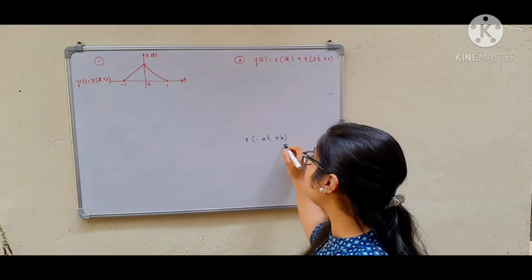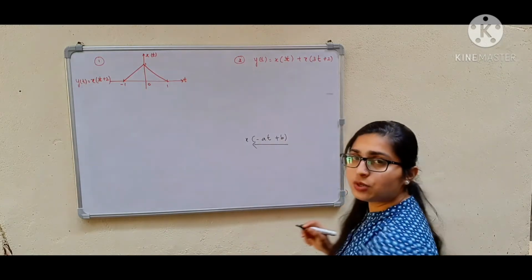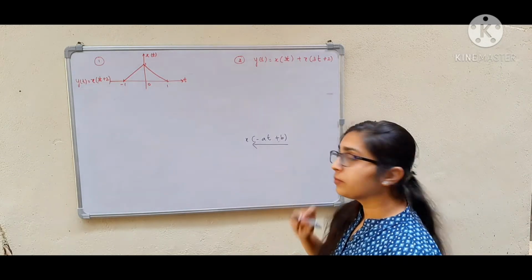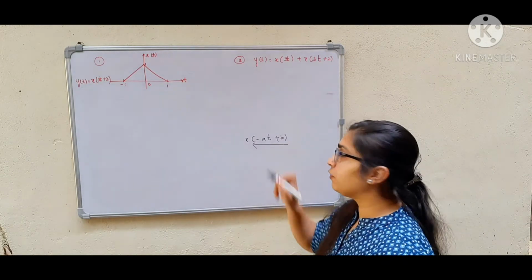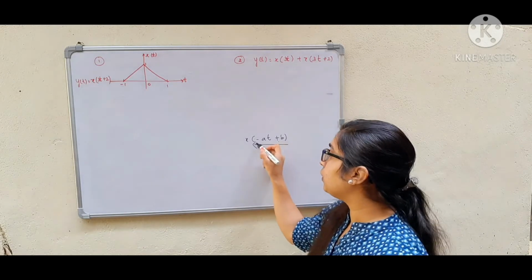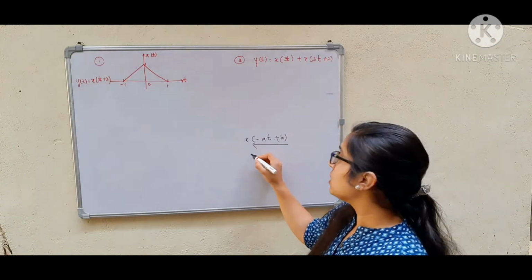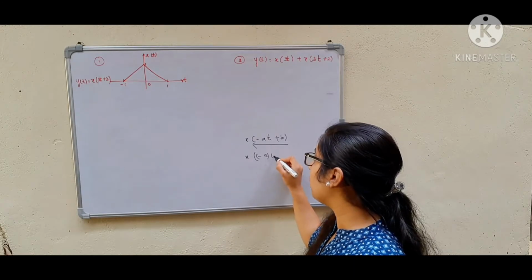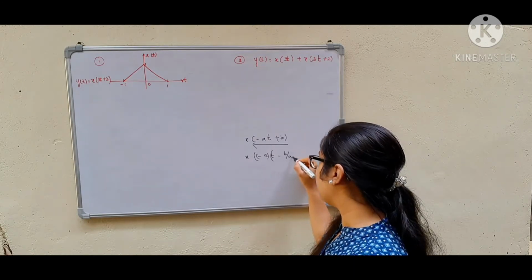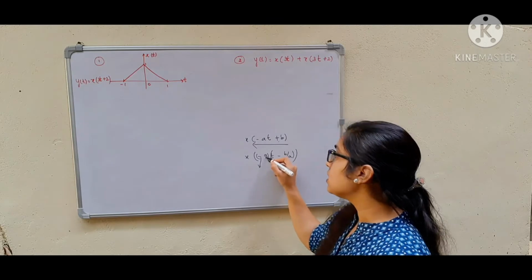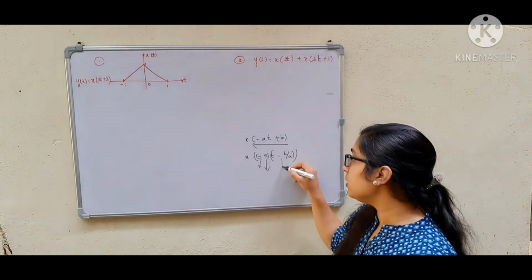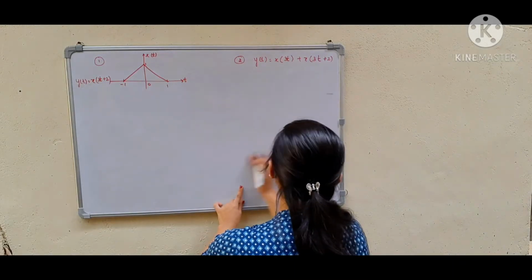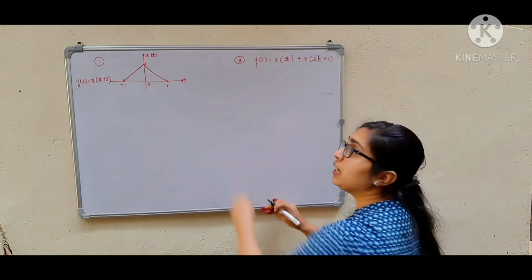The first method is going from right to left, that is, the first operation performed will be our shifting operation, then we will go for the scaling, and the third one will be the reversal. The second method is taking the coefficient of t common, then performing the reversal first, scaling second, and then the shifting.